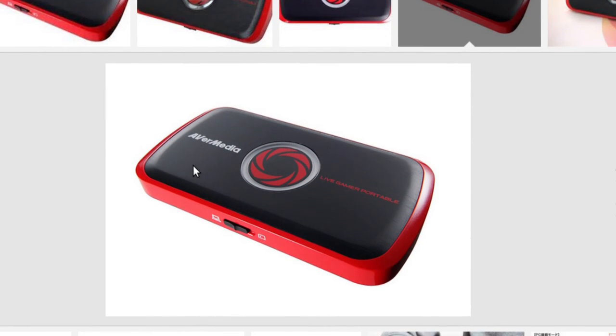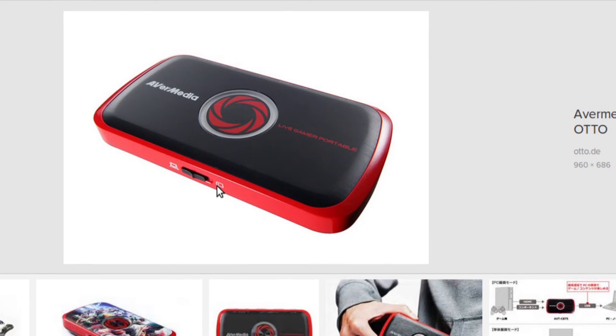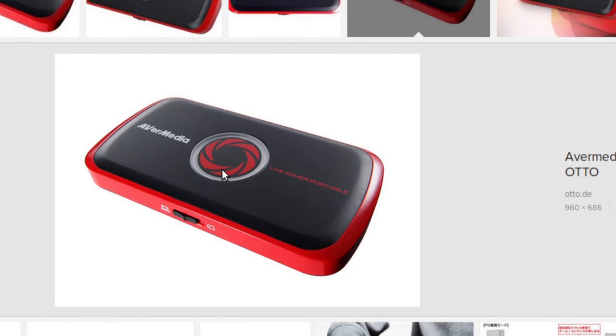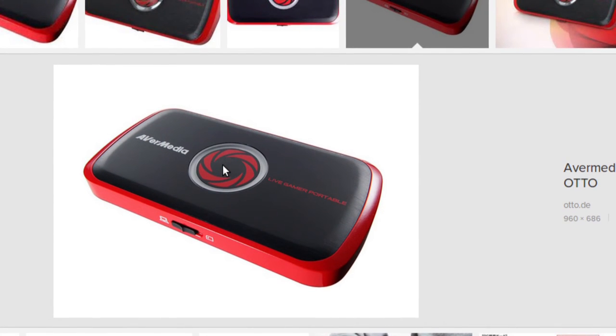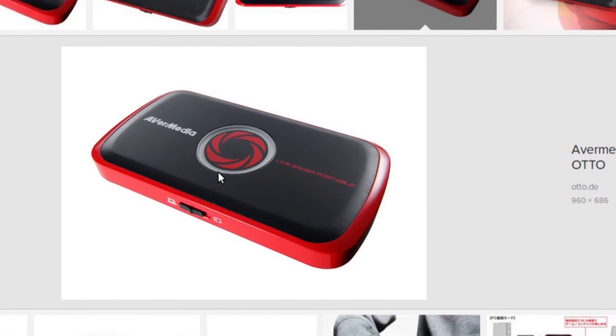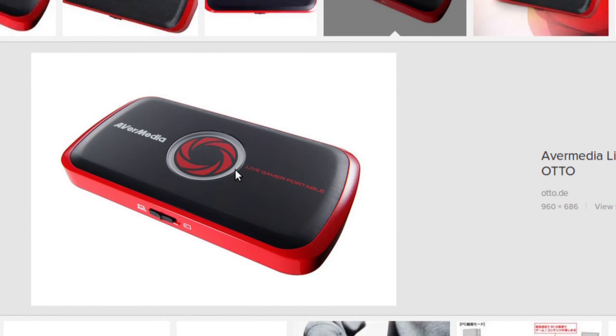Not a bad little unit. One touch record, live recording, or what's it called? They do use a particular phrase for it. But anyway, once it's in that mode, you just hit that large button there, and it starts recording. As you can probably work out, this translucent circle flashes different colours and different ways to tell you what the